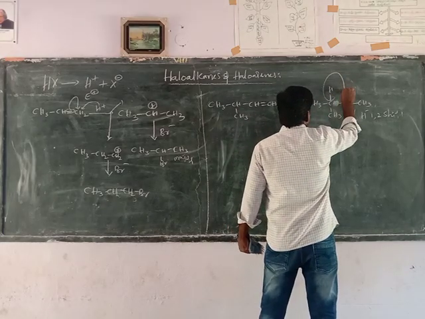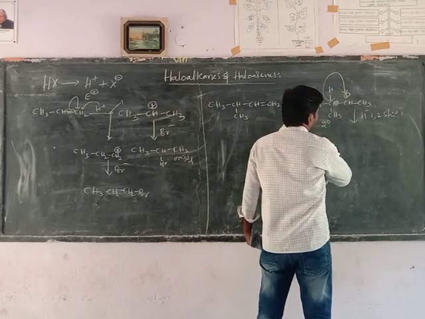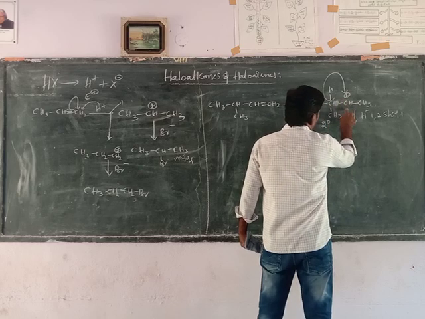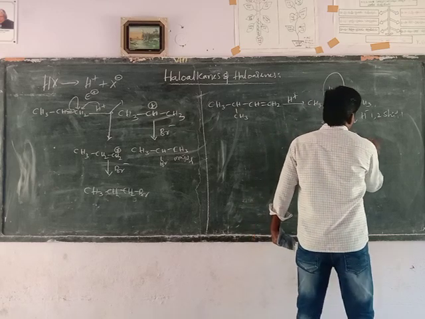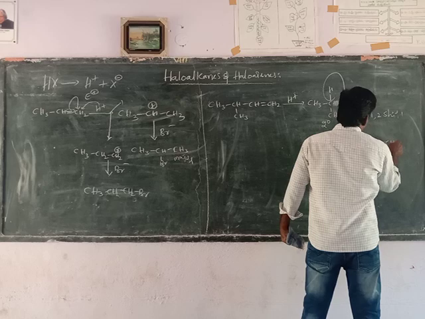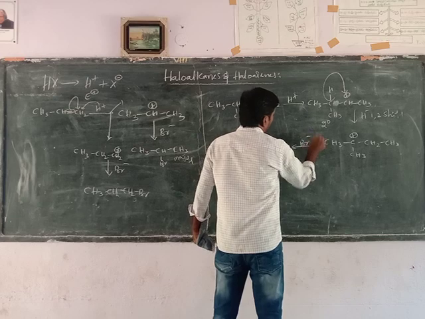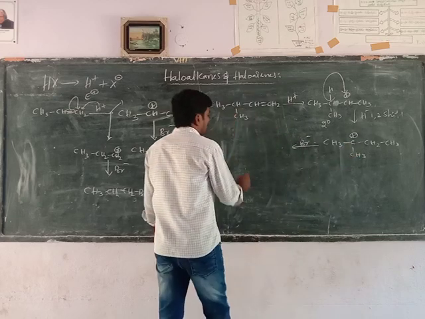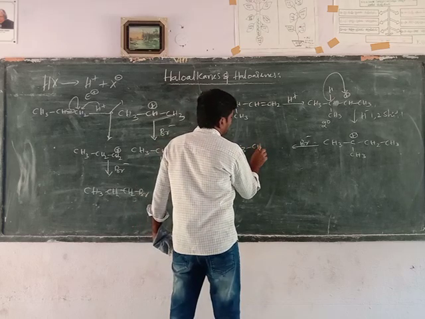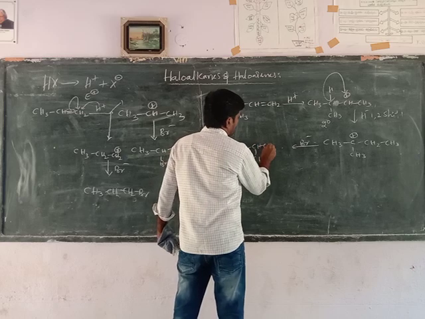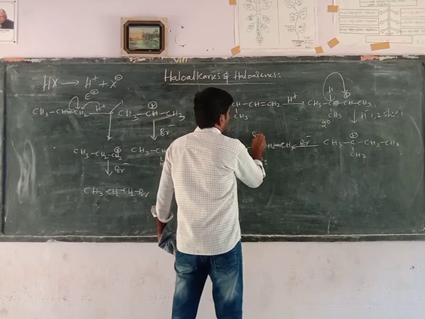This hydrogen atom is the hydride shifted towards the secondary carbocation. This is a secondary, 2-degree carbocation, and when hydride shifting takes place it forms a tertiary carbocation. Now the tertiary carbocation is more stable than the secondary carbocation. The Br minus, the negative part of the reagent, attacks the tertiary carbocation to form the tertiary pentyl halide. This is the major product.